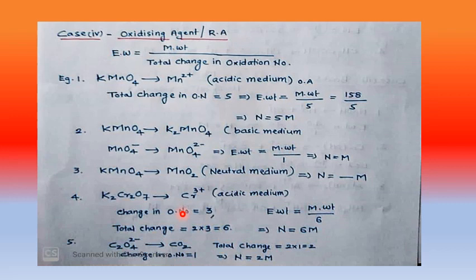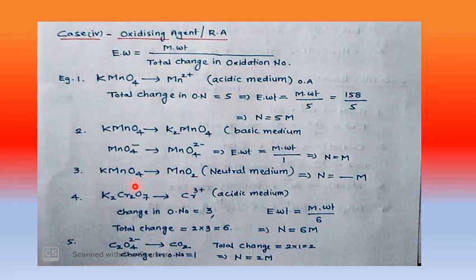Because earlier, in case number 1, second reaction, third reaction, whatever the oxidation state of Mn, only one Mn is present. Here also Mn to Mn, but 1 and 1 are present on both sides. But example 4, K2Cr2O7 to Cr3 plus: just normally calculate the chromium oxidation state. Here chromium oxidation state is plus 6, here chromium oxidation state is plus 3. What is the change?